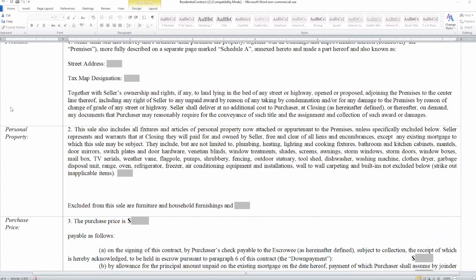Moving on here to paragraph 2. This is dealing with the personal property, specifically the way the boilerplate contract is drafted. It states that everything that exists at the property, some of these items may not exist. For instance, you see a weather vane and TV aerials. These things aren't very commonplace nowadays. If they exist at the property, then they are deemed to be included with the sale of the home for